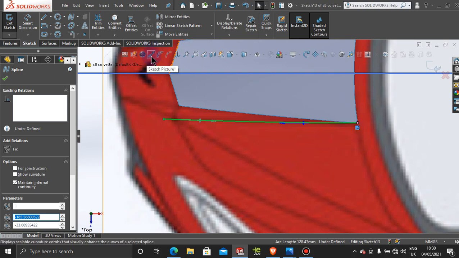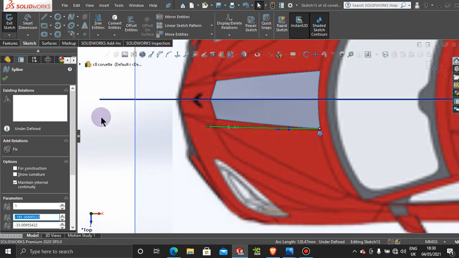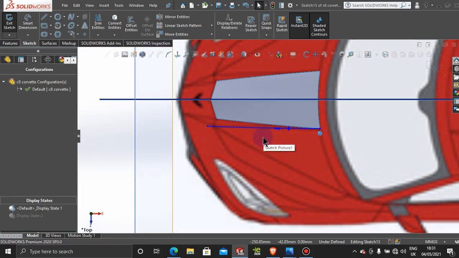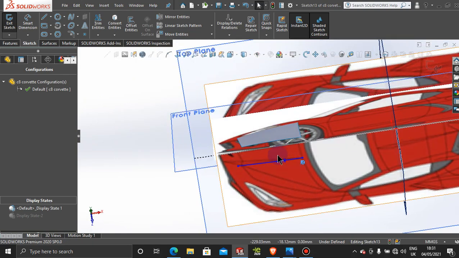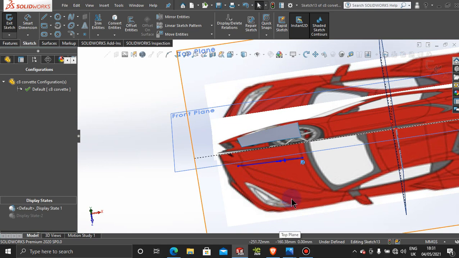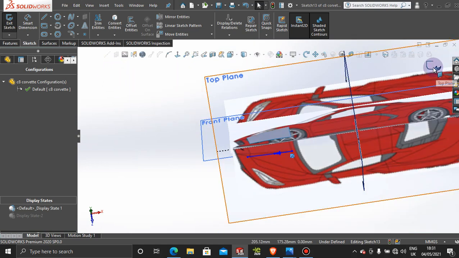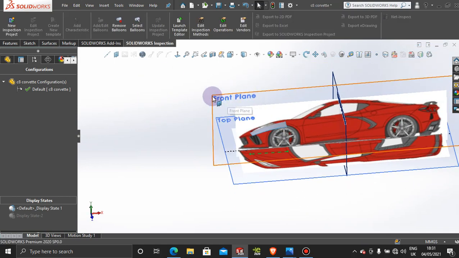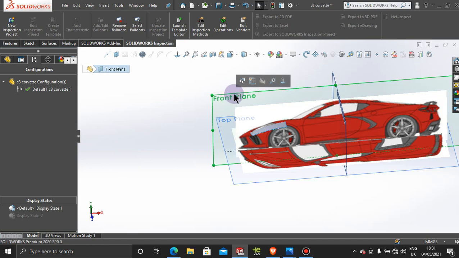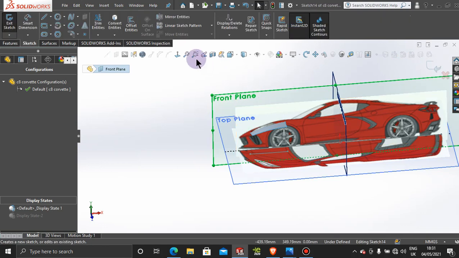Press the tool button. And now that we have this curve, we're going to go ahead and create a curve that will give us the profile for that spline that we're looking for. So this spline is going to be higher than this edge here. So let's exit this sketch, and then let's make a sketch on the front plane,